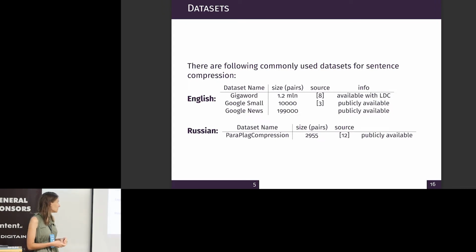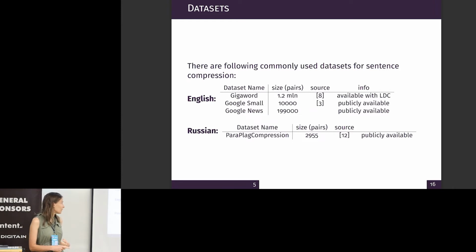The first is very big, Gigaword, but unfortunately, it's available only with a Linguistic Data Consortium license. So if you're a student or a member of a startup, you will probably not be able to afford it. It's very expensive. Some people have access to it, but most of us don't, because it's several thousands of dollars for access to the Linguistic Data Consortium data.